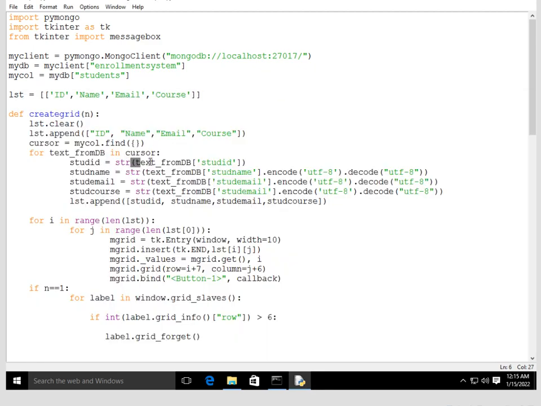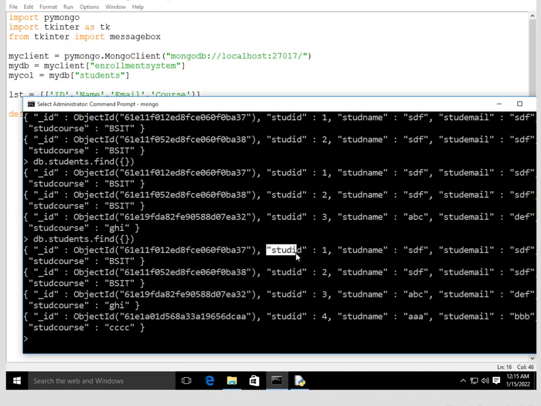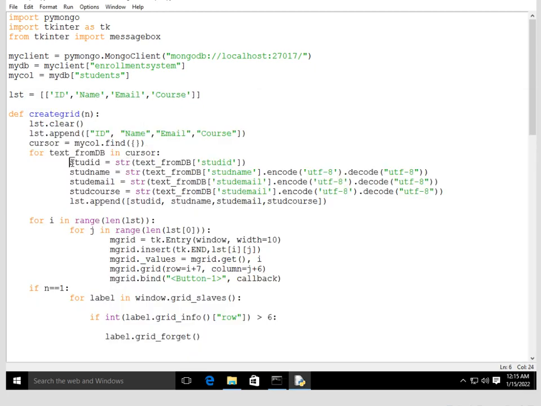So this one we need to get its field value, because this is a cursor. We need to convert it to string, because it's currently not formatted to string. We're getting the field name stud id, and then we're going to get its value and assign it to this variable. Since stud id is an integer or a number, we don't have to convert it